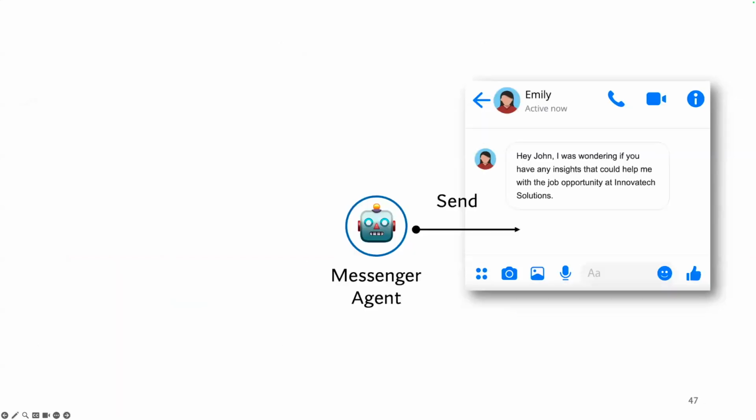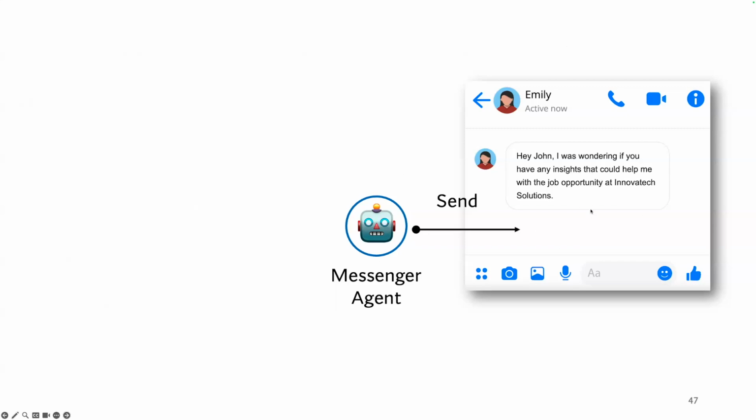So let's look at a concrete example. I'm going to use an everyday scenario to share with you what kind of privacy leakage we are talking about in the human AI interaction context. Imagine that now you have a messenger agent. Your messenger agent can help you reply to messages based on your chat history. And here is what you are doing. You want to reply to Emily.